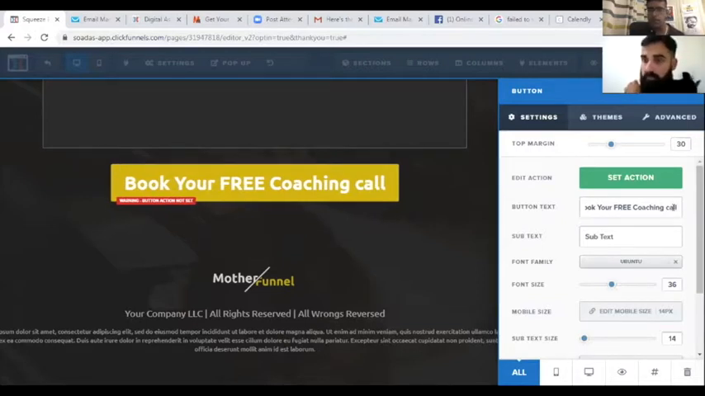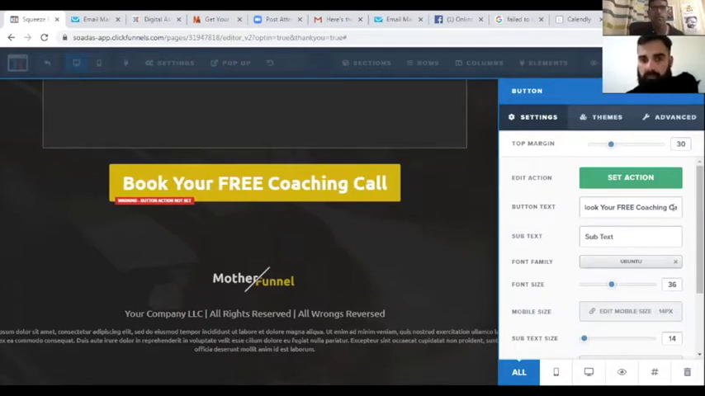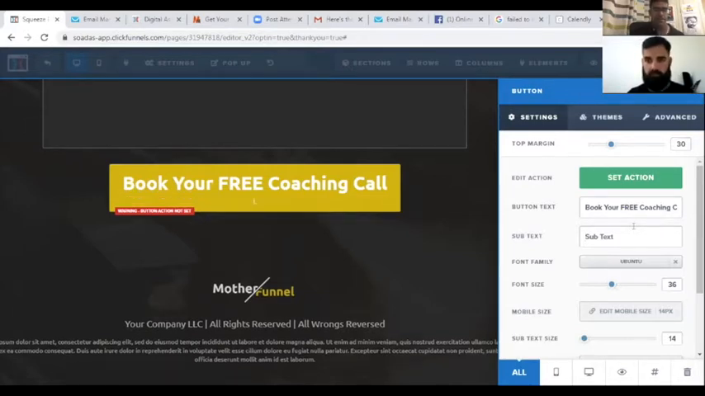Yep, cool. And where it says subtext, if you want, you can add some text below the main text. Like it could say, you know, let's get you the relationship you deserve or something like that, right? I'm just showing you that you can add some text. That's it. So now if you go back to your page,